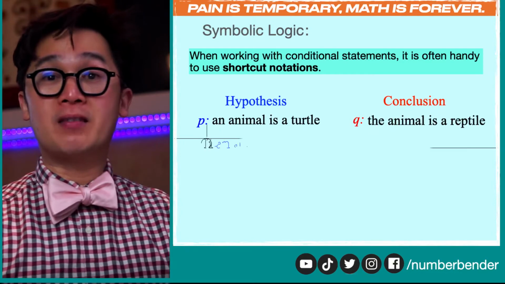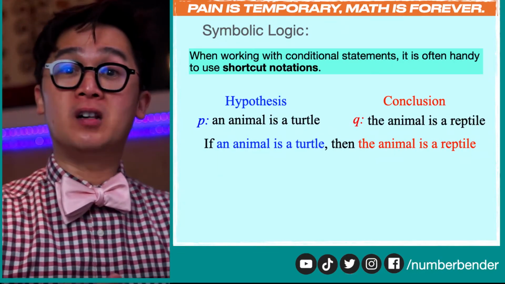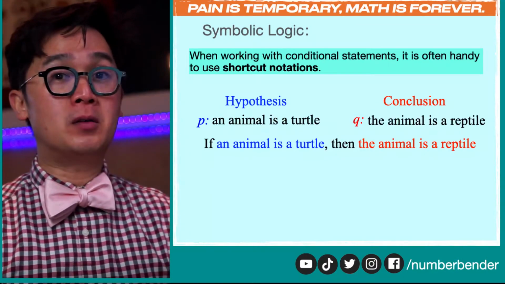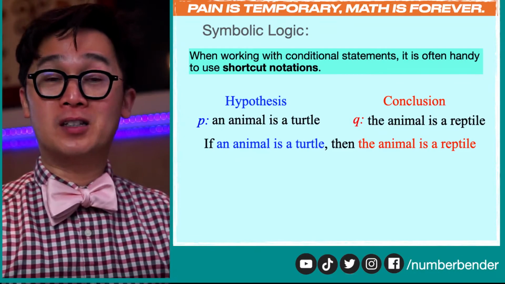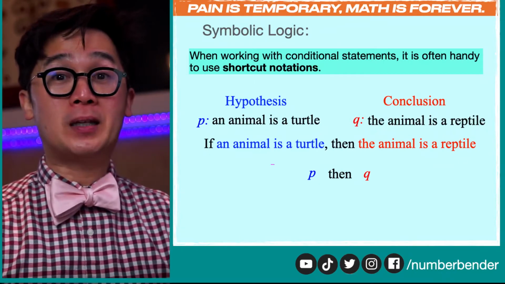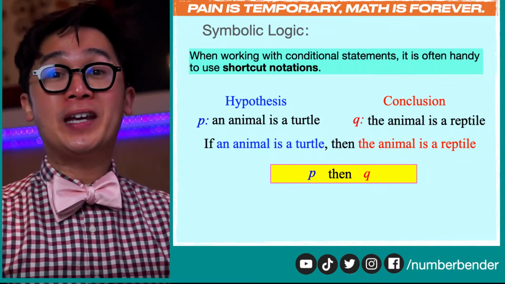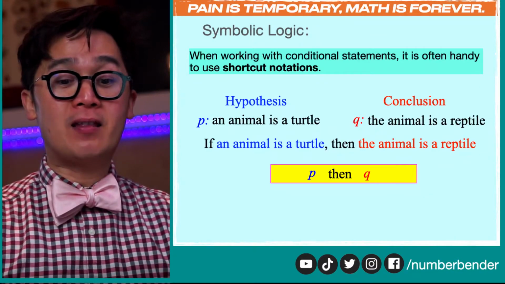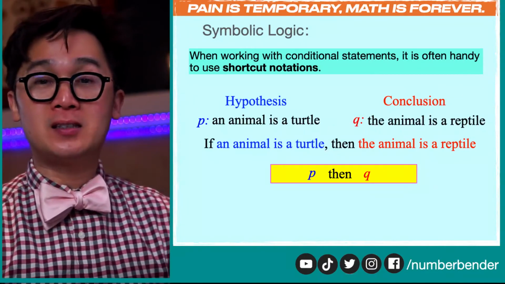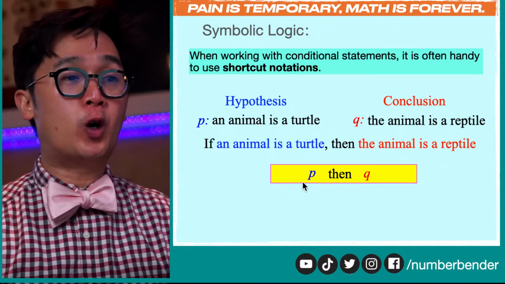To write this in symbol form, we need to first write this in verbal form. So in verbal form, our conditional statement is now: if an animal is a turtle, then the animal is a reptile. Now that we know P is our hypothesis and Q is our conclusion, we can simply write this as P then Q. And we can understand in the language of mathematics that this tiny little symbol right here